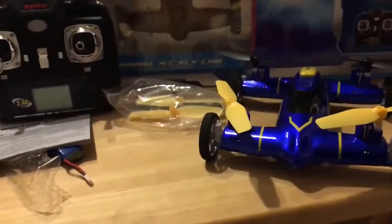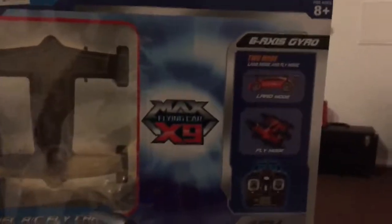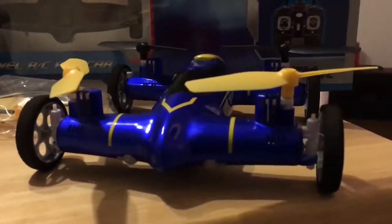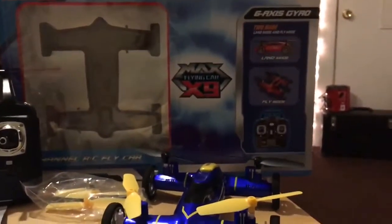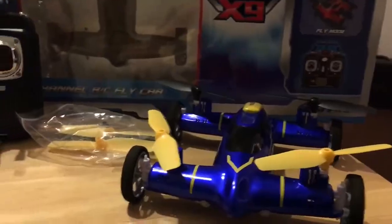Alright guys, here it is. The Syma X9 Flycar. Or flying car. But Flycar, I guess, is the short term for it. But anyway, here it is. It is, as I said, a built-in, all-in-one quadcopter and RC car built into one machine. This is probably one of the coolest things I've seen in a while. And it kind of reminds me of the Storm Launcher in a way, because that's supposed to be an all-in-one vehicle. But this one actually has